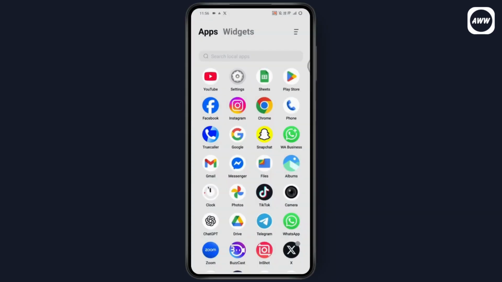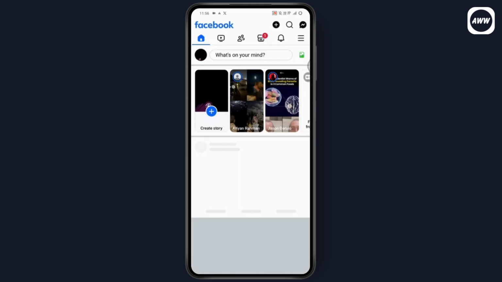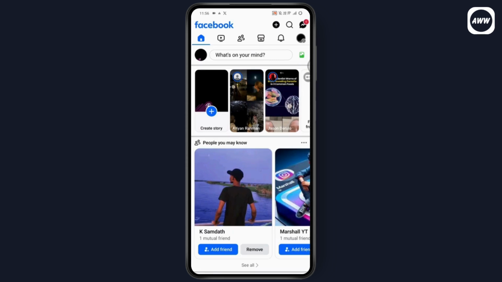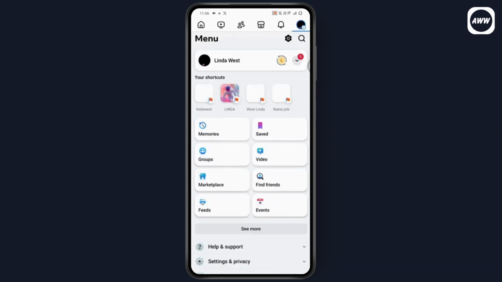So if you want to repost your Facebook profile picture without losing likes and comments, then first make sure that you have a stable internet connection. After that, you just need to simply open up your Facebook. After opening your Facebook, you can go to the top right, which has the three horizontal lines, and then tap